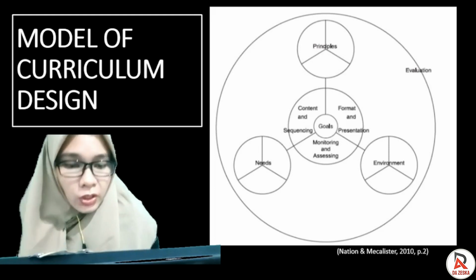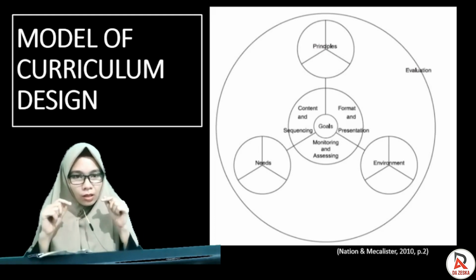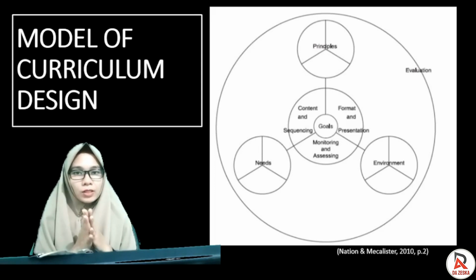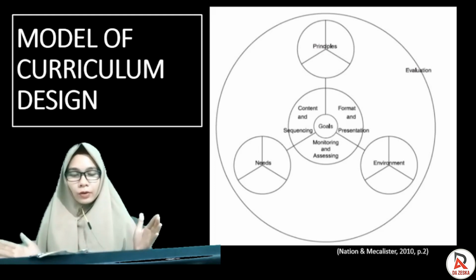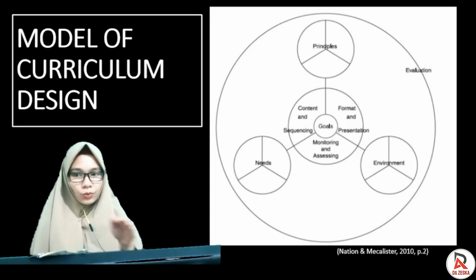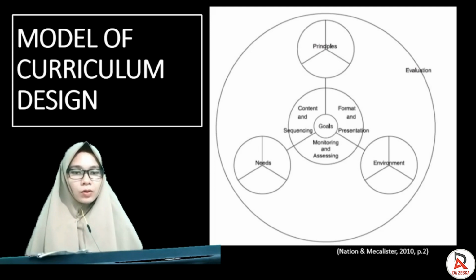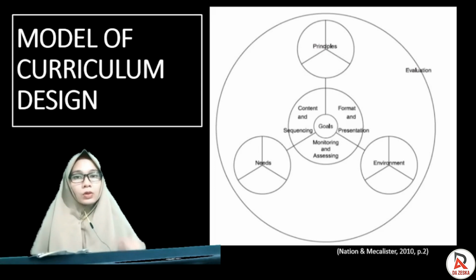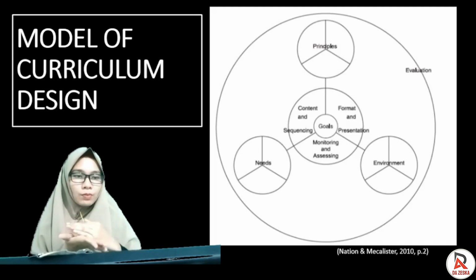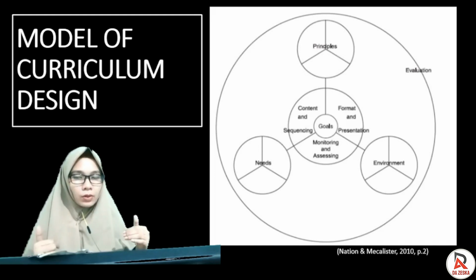And why should the goals be positioned in the very middle of this big circle? The reason is that in every step, in every design we have for our course, or every path that we have in the curriculum process for our teaching and learning, goals are very important. So we may not create our class